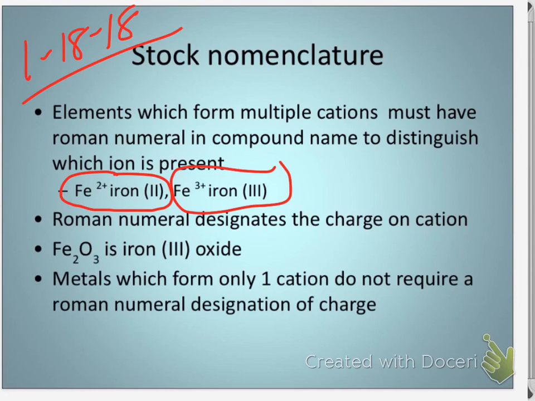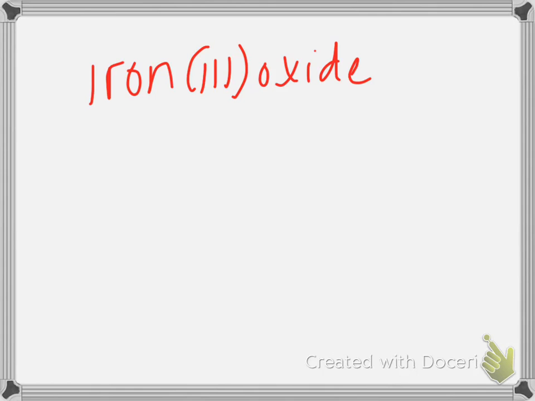There are a few metals that only form a single cation. Those you don't have to do the designation of charge. You don't have to put a Roman numeral with those. Everything else gets a Roman numeral. So what this means is that if you are given the following, iron 3 oxide, and you have to write a name for it, or rather a formula for it,